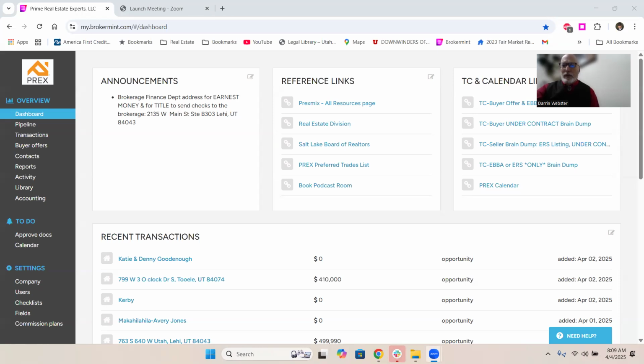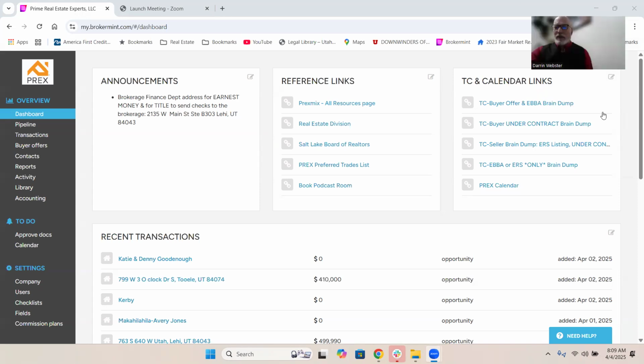In this video, we're going to be going over the process for setting up the buyer documents in Brokermint. We're going to go over the buyer documents themselves more in detail in a separate video, but the documents that we'll be taking a brief look at to show you how to set up a transaction